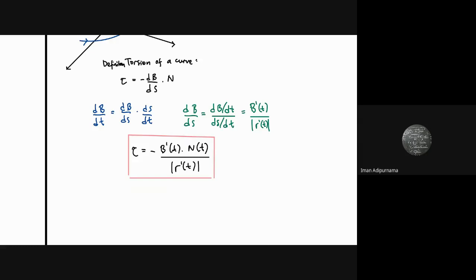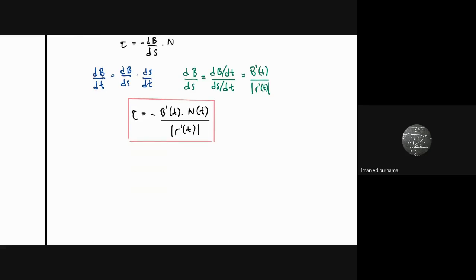And if we are going to change all B and N into R, we can do that also. So the torsion becomes